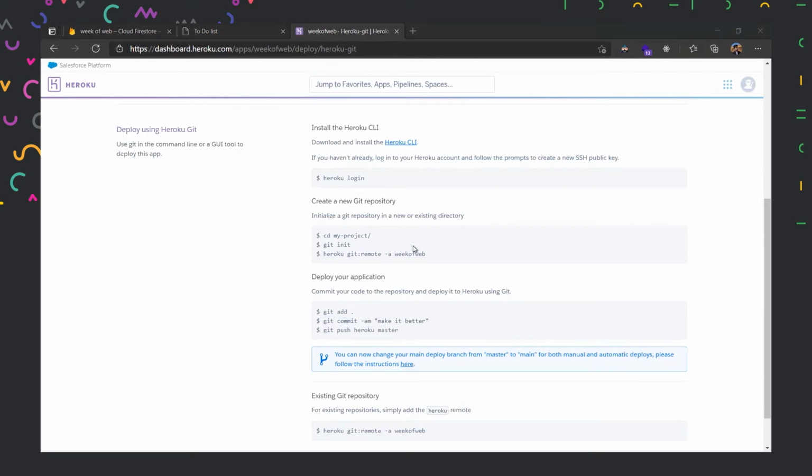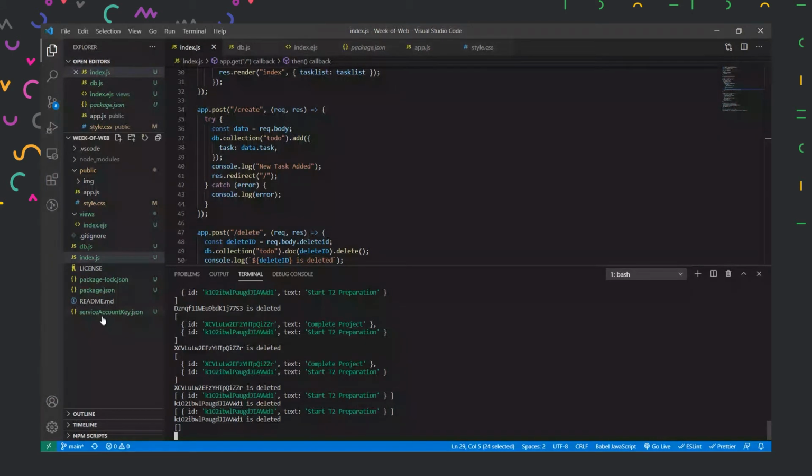But before that, we have to set up a repository for that. Remember we added the service account key. This contains all our secret keys, API keys and everything. The problem here is we don't want people to know it, and Heroku doesn't show the code to other people, but GitHub shows it.